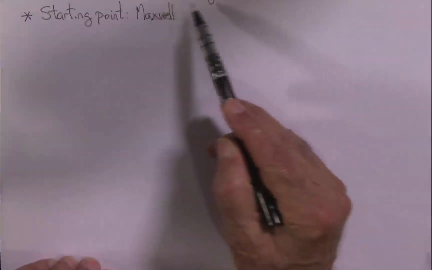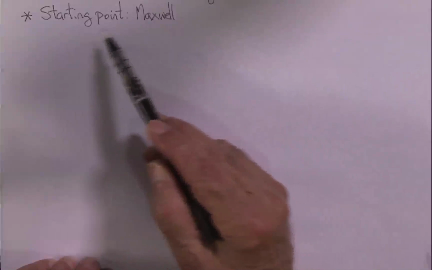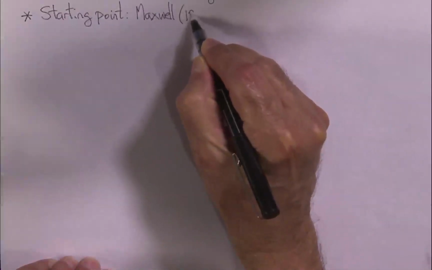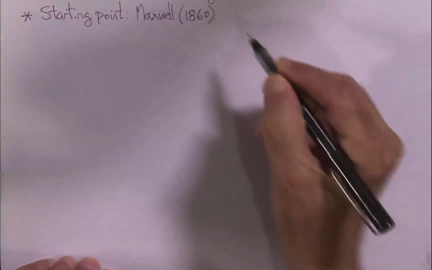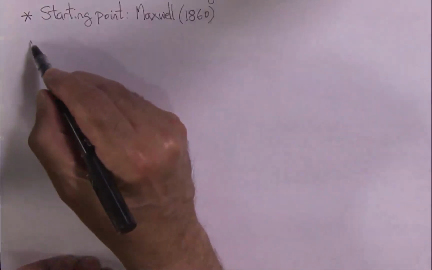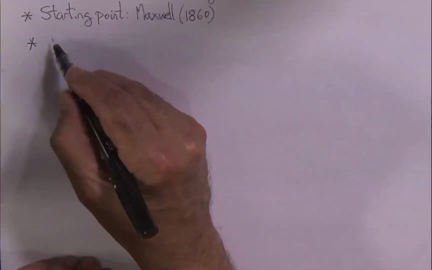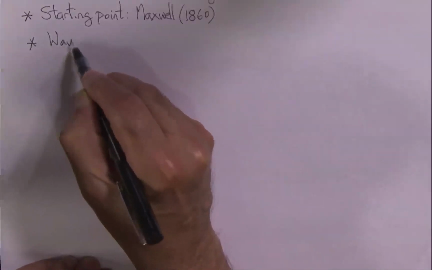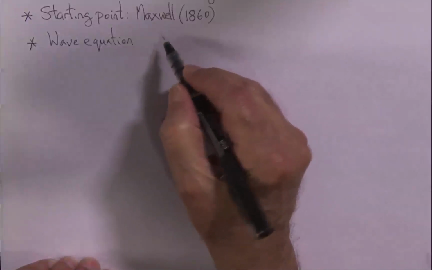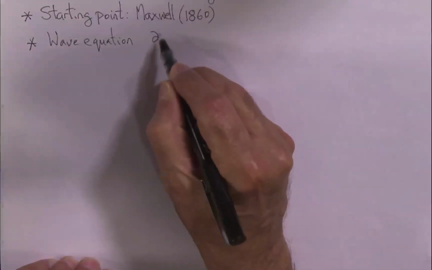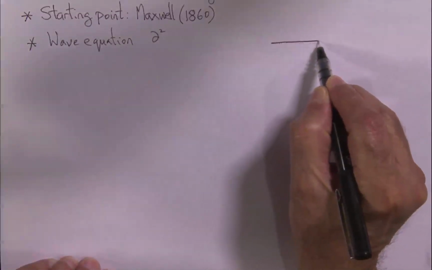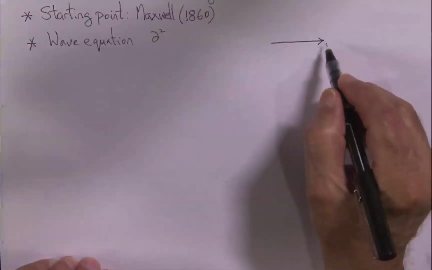Our discussion of electromagnetic waves should have as its starting point Maxwell's equations. That's around 1860 or so. But as I said, we're not going to go into Maxwell's equations. However, from those equations, you get the following wave equation. And this is a wave equation for the electric field. And I'm going to be talking about a wave that's moving, let's say, in this direction, which we shall call